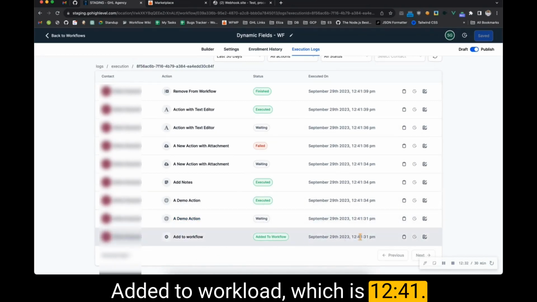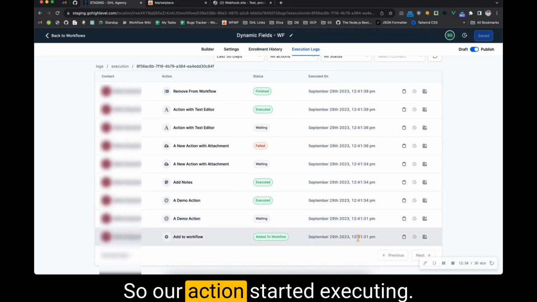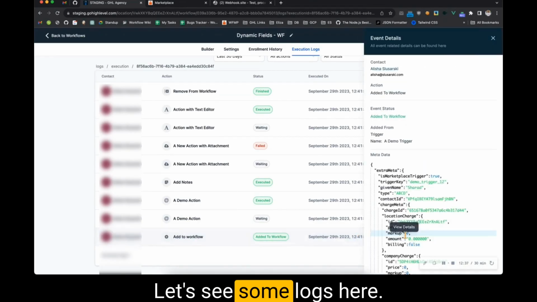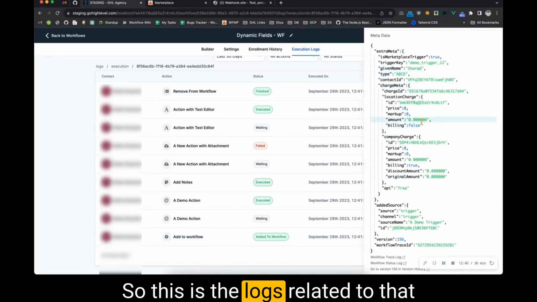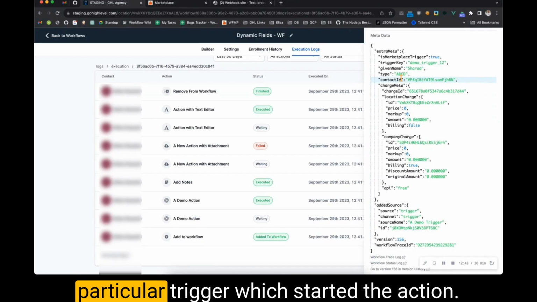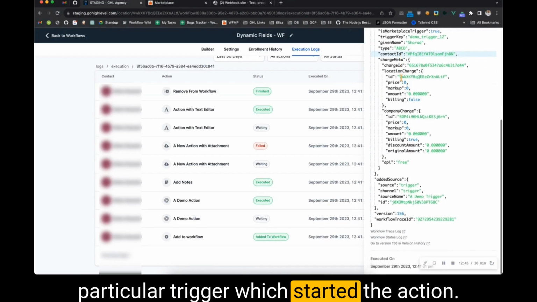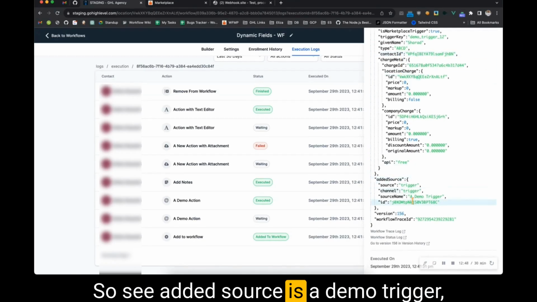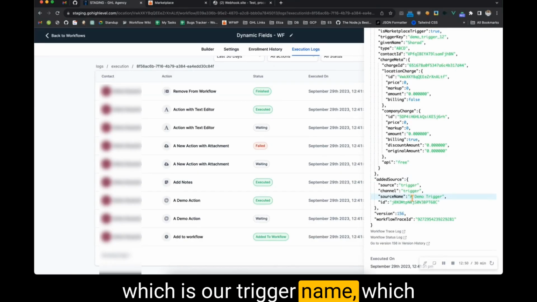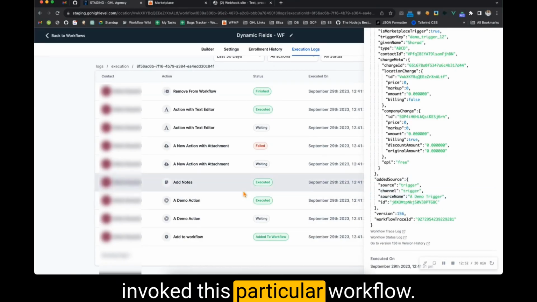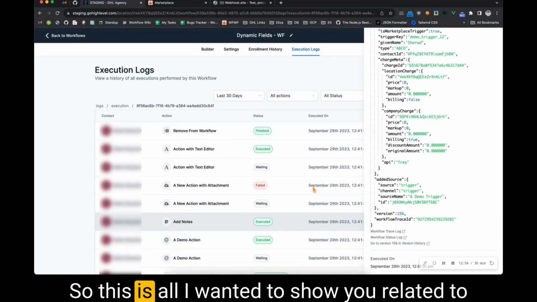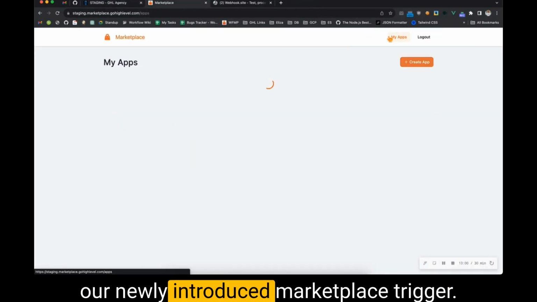Added to workflow, which is 12:41. So our action started executing. Let's see some logs here. These are the logs related to that particular trigger which started the action. See, the added source is demo trigger, which is our trigger name, which invoked this particular workflow. So this is all I wanted to show you related to our newly introduced